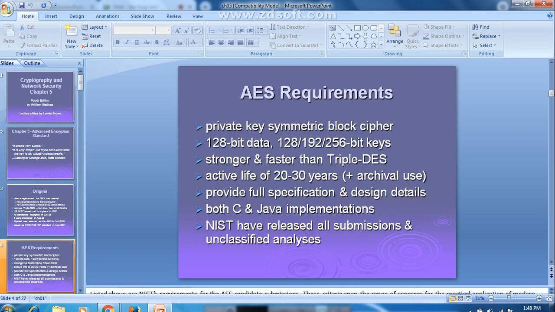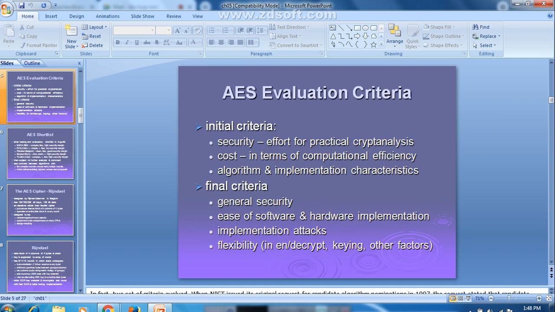What are the requirements for the AES algorithm? It uses 128 bits of data, with a key size of 128, 192 or 256 bits used for encryption and decryption. Yes or no? And for AES, both C and Java implementations are available.